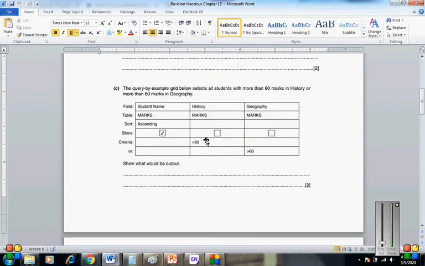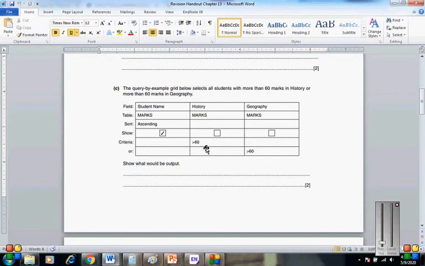Part C requires you to tell the output. The output will show only one field, that will be the student name, and which students will be shown whose marks are greater than 60, or means any one of the conditions. If any one of the conditions is correct, that record will be shown.